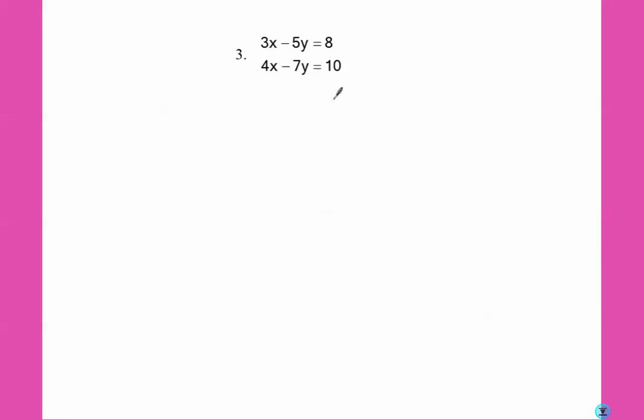In number 3, 3 and 4 can't be multiplied to make them into one another. Neither can 7 or 5. So my trick is just swap the numbers. Multiply the top one by 4 and the bottom one by 3. Since the x's are both positive and we're going to need one to be negative, I'm going to make it negative 4. So I'd end up with negative 12x